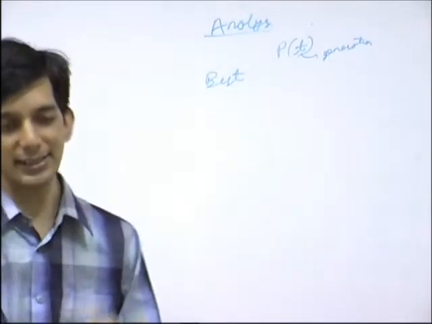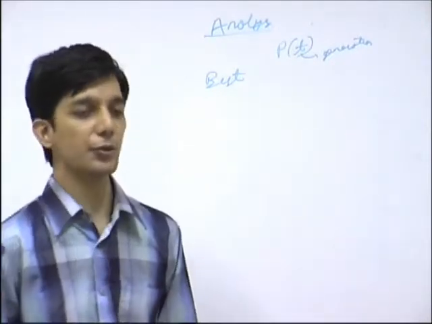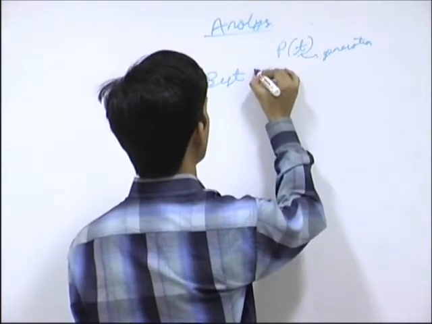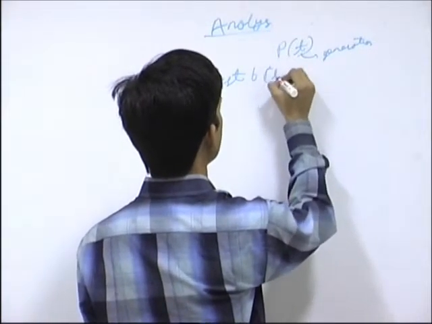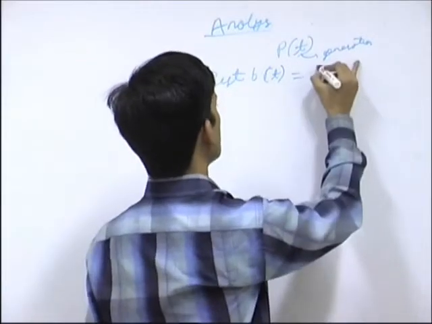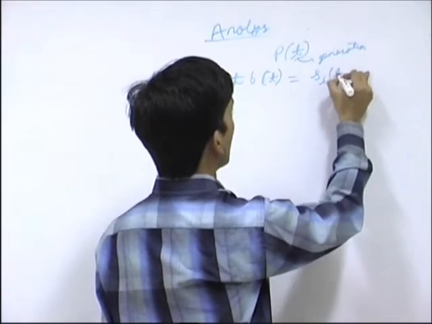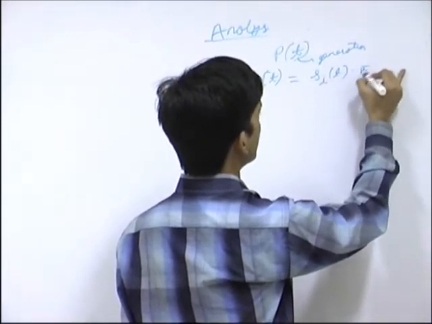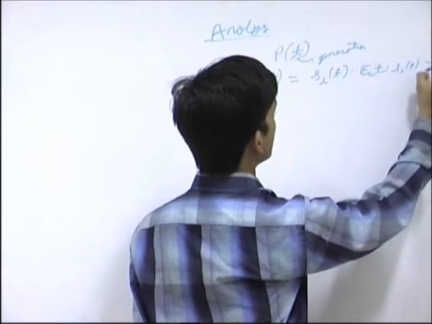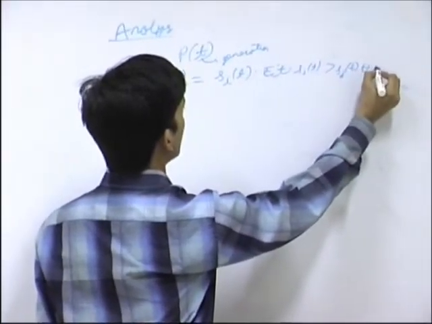That is, I see all the individuals and say this one is the best of it all, the individual having the best fitness value. So I say the best individual B at any time T is equal to the individual SIT such that the fitness of SIT is greater than that of any other individual SJT for all J